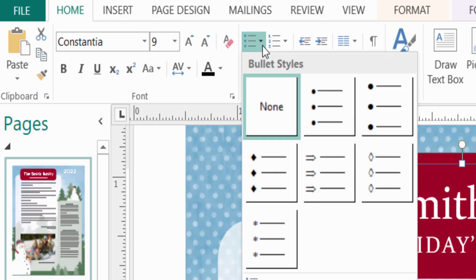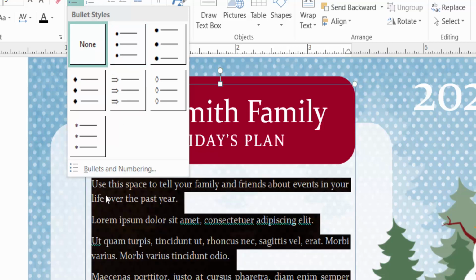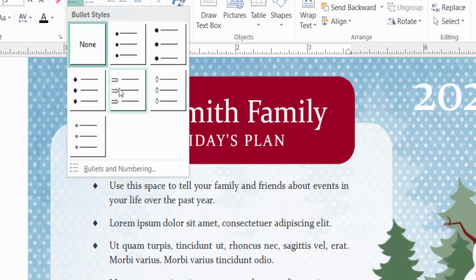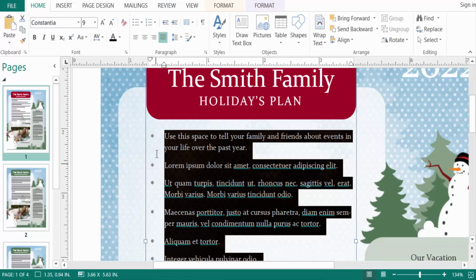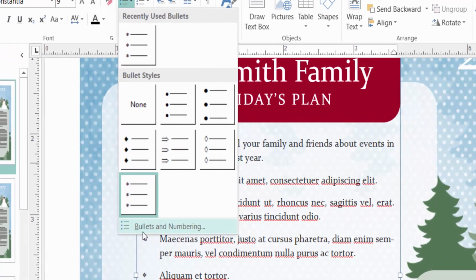and I click it. When I click the bullets, I find here different kinds of bullets and you can change the bullets in the text here. Just look, this is another bullet, this is one, and this is the arrow bullets and diamond bullets, and you can also see here a star. I click here and then you can see the text here creates a bullet. Every text has a bullet here, and then I go again to the bullets and then I click here